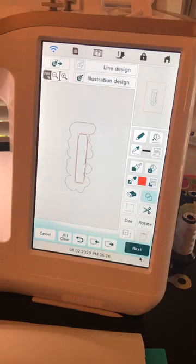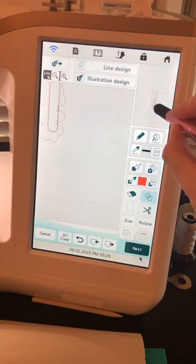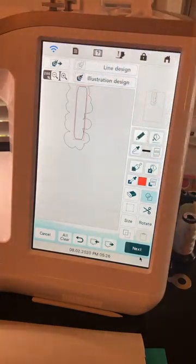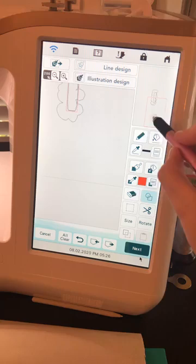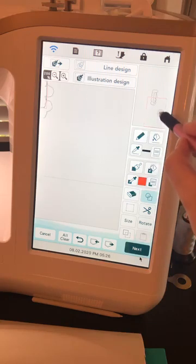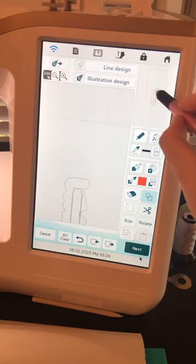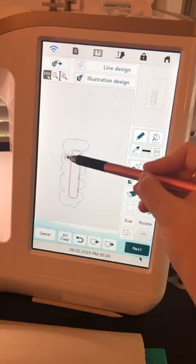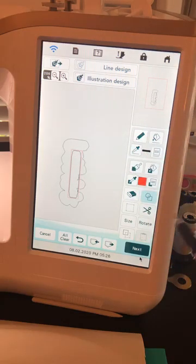Remember, if you are in the Solaris or Destiny or the comparable of Brother machines, you will have a little hand right here, and that hand pans you around. But for the rest of us, we are going to use our box just to kind of move up a little bit so we can see a little bit better. What I want to do is take this guy and move him straight up. So to find that,